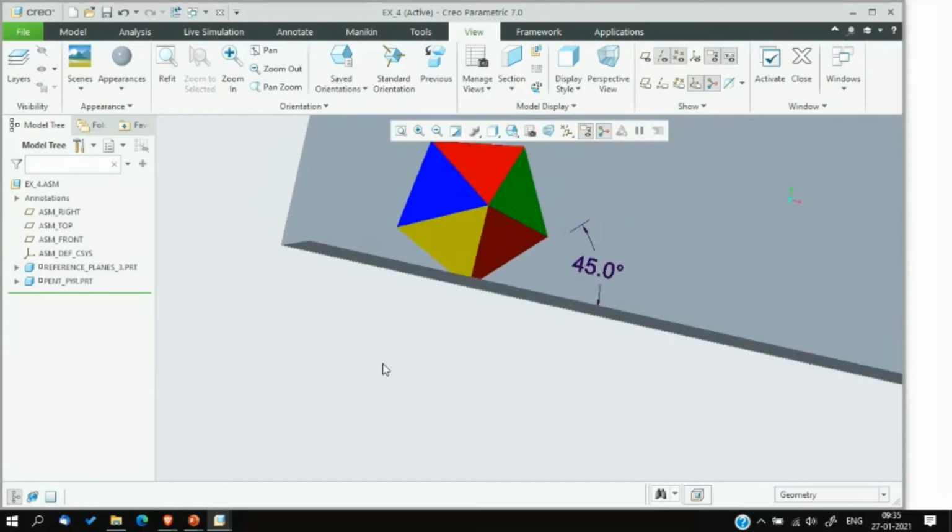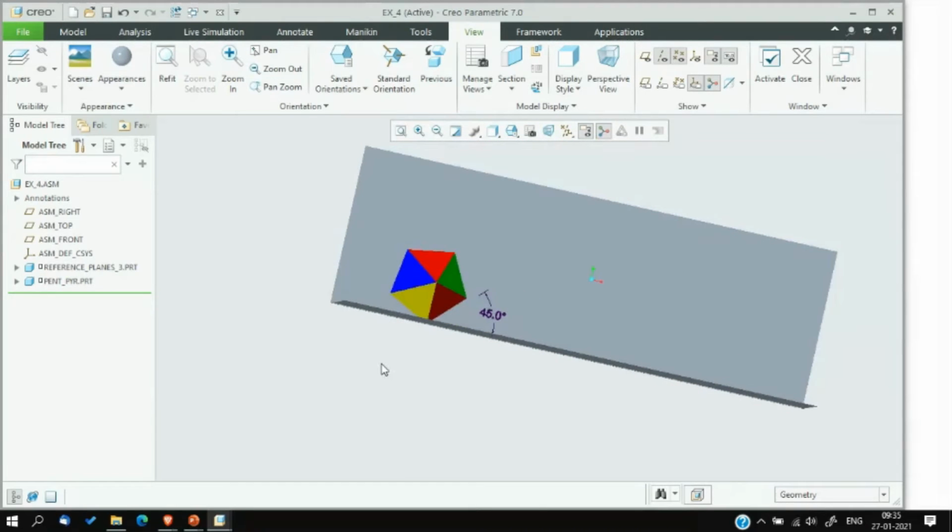But see, in this case, when the base is resting on the VP, the axis is perpendicular to the VP. When the axis is perpendicular to the VP or perpendicular to the HP, we call it the simple position. In that case, we need only a single set of drawings, actually 2 drawings, one the top view and the other the front view, to represent all these conditions, since the axis is perpendicular to the plane.